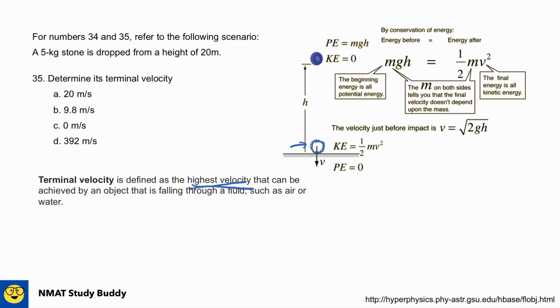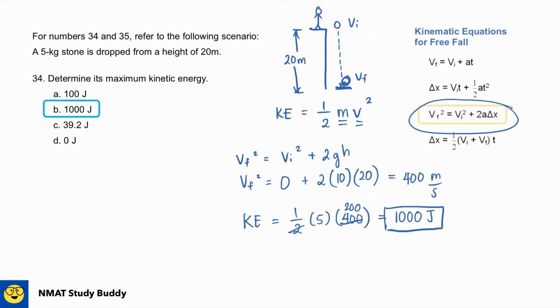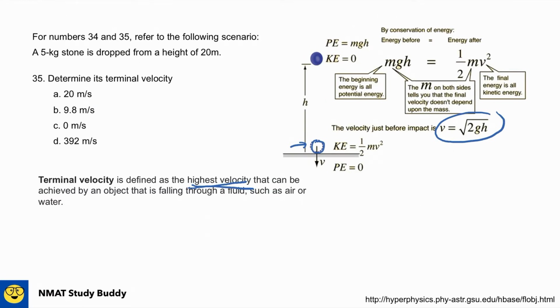Yun. So, meron tayong formula dito. Nakalagay, di ba? V is equal to square root of 2 times G times H, or yung height. Na-derive yan from the equations earlier. So, paano siya nakuha? Diba, meron tayong final velocity squared is equal to the initial velocity squared plus 2 times gravity times height. Yan. So, since yung initial velocity is 0, yung final velocity natin is equal to the square root of 2